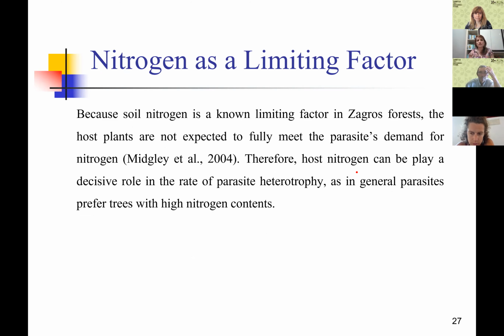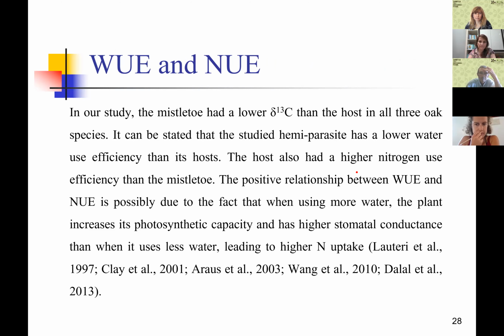Because soil nitrogen is a non-limiting factor in Zagros forests, the host plants are not expected to fully meet the parasite's demand for nitrogen. Therefore, host nitrogen can play a decisive role in the rate of parasite heterotrophy, as in general, parasites prefer trees with high nitrogen content. In our study, the mistletoe had a lower delta 13C than the host in all 3